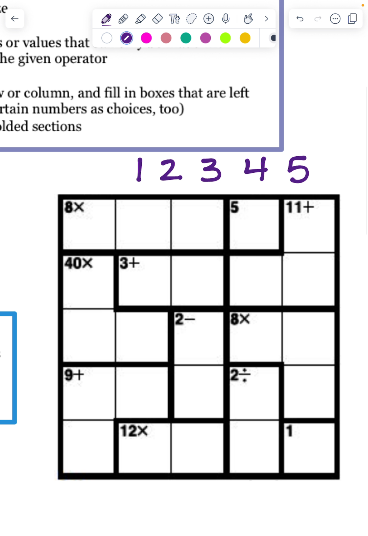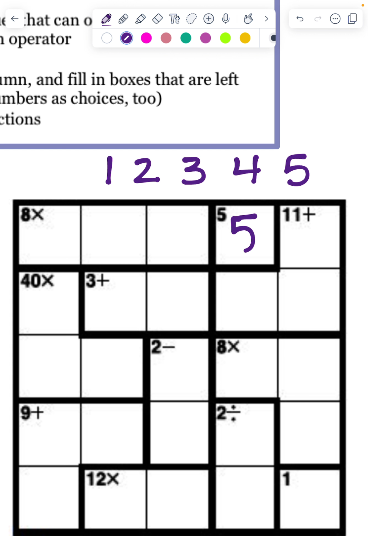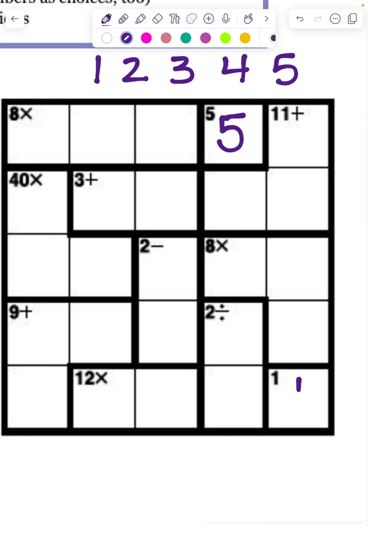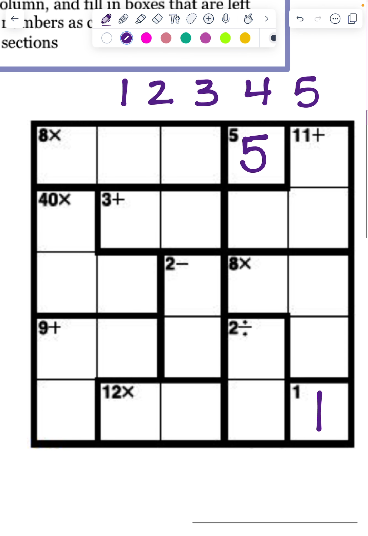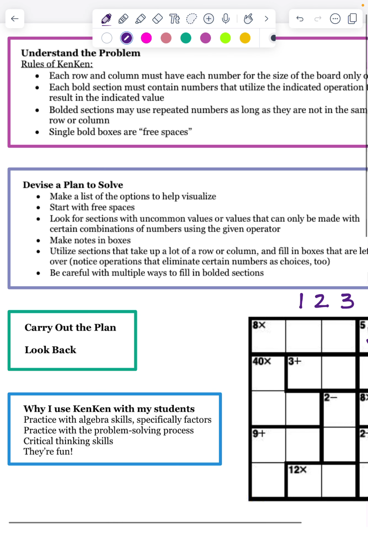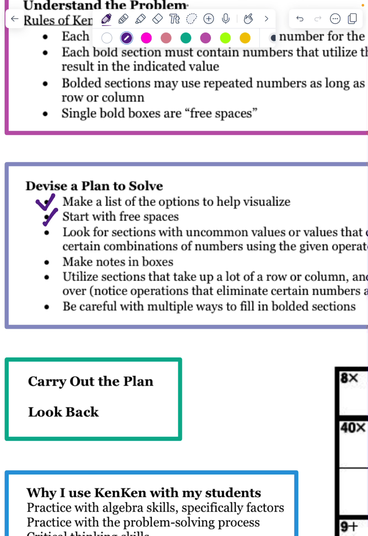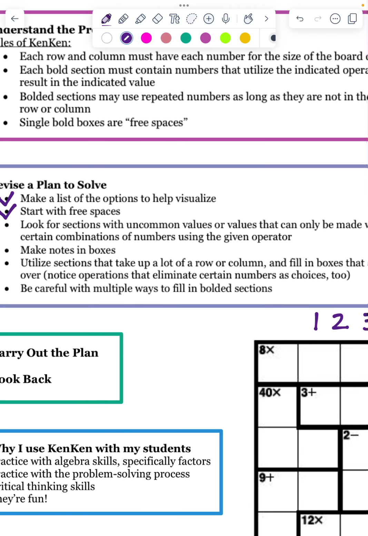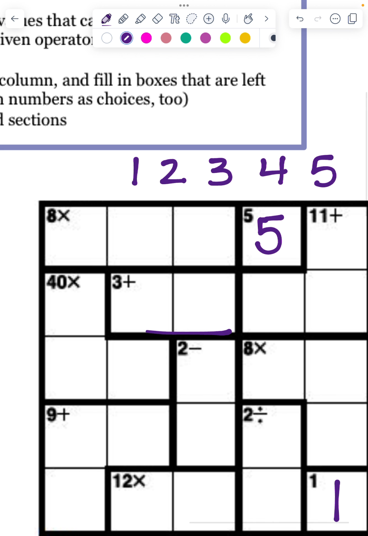So in my list of strategies, I always start with the free spaces, because obviously that's going to get me spots filled in. And then the next thing that I do is I go to that step of looking for sections with uncommon values. So for example here, +3,